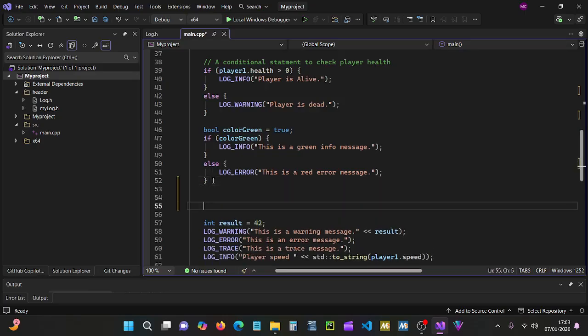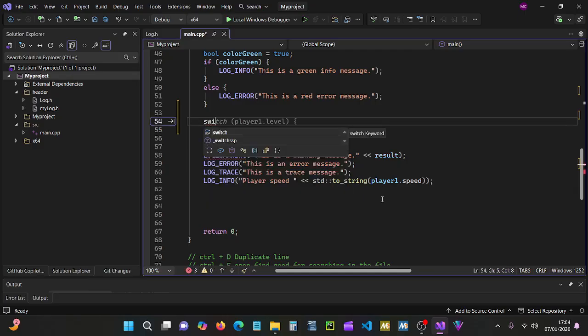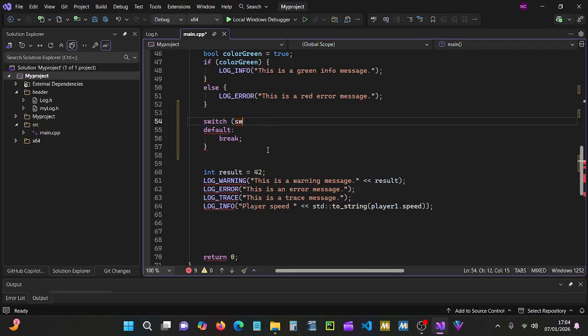Let's make a little bit of room, and then the first one we're going to do is a switch case statement, which is really useful. This has lots of uses. A switch on, I don't know where that came from. That wasn't what I had in mind. I have more in mind of